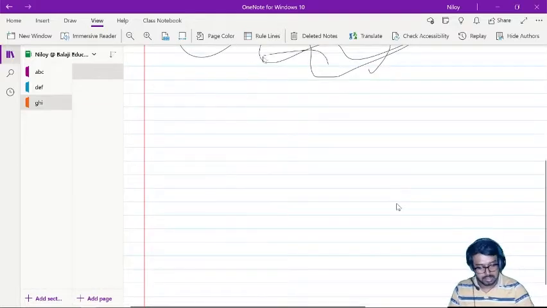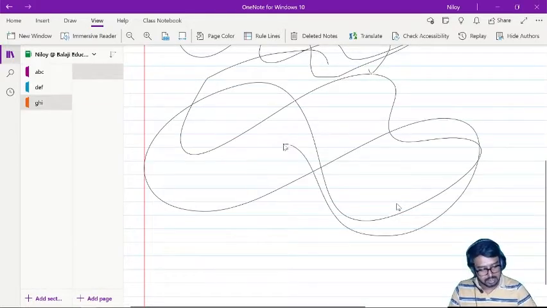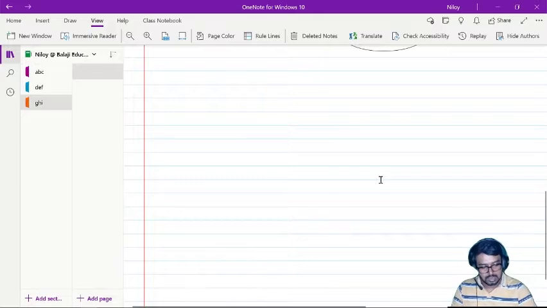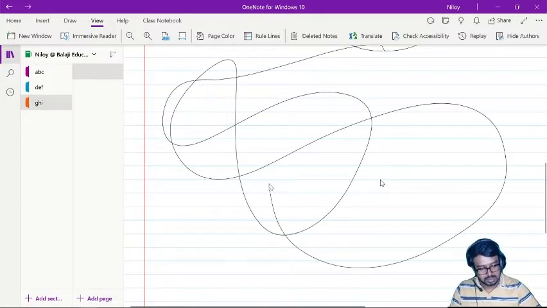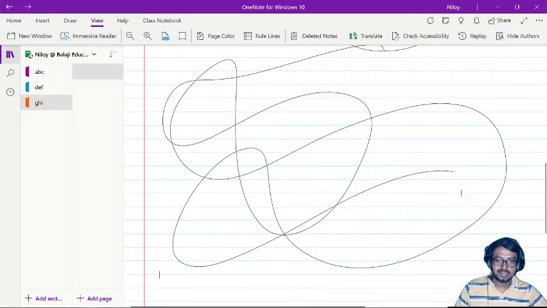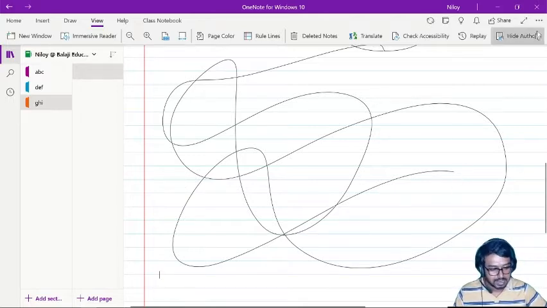Okay, drawing the diagram again, and drawing the diagram again. So that's it. I'm just drawing a diagram, then I'm happy.